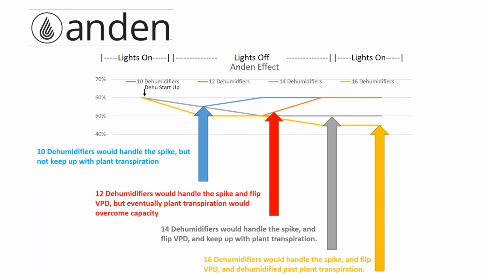So in the instance of the Shango facility, where they had started with a former company, they were using 10 dehumidifiers, because that company told them 10 dehumidifiers was what you needed in order to manage that room. And for a year, they tried and could not get it done. The dehumidifiers handled the spike when the lights turned off. But as those plants opened up and tried to transpire moisture, where they were measuring the water was not at the canopy. They were actually measuring at the dehumidifier.